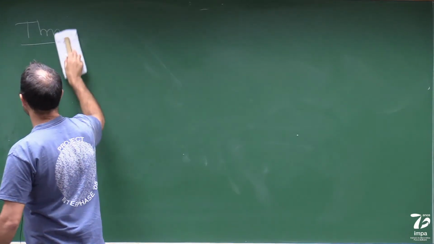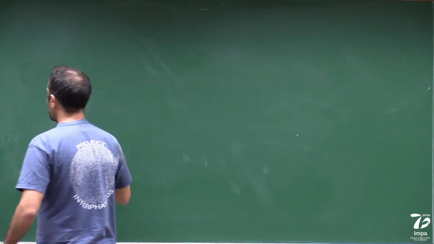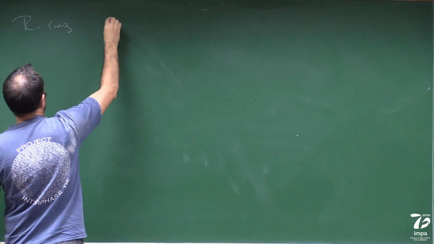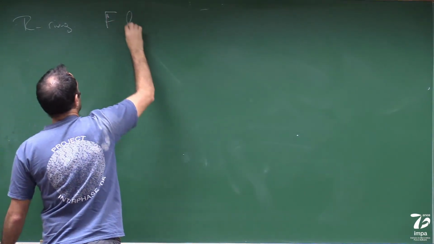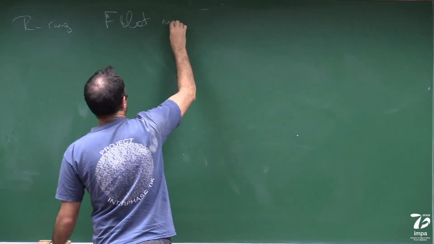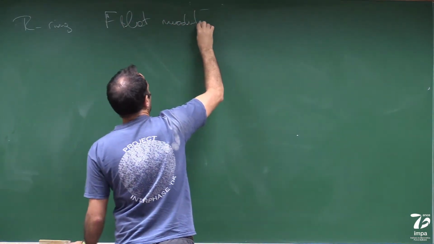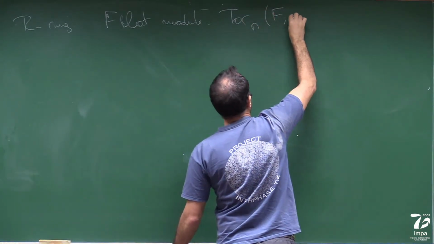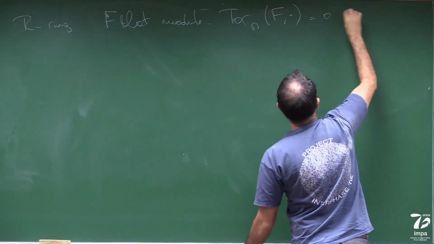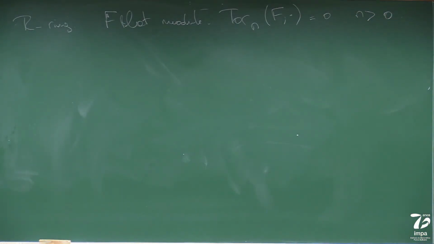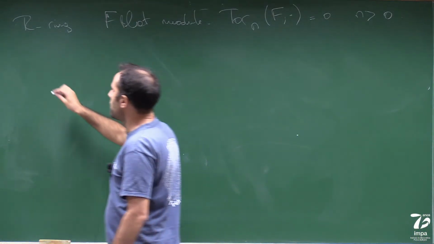Let's recall something before I give this theorem. The statement is that if I have a ring and F is a flat module, then this was the definition: Tor_n of F is 0 for n bigger than 0. In particular, projectives are flat, so this holds for projectives. So the theorem is: